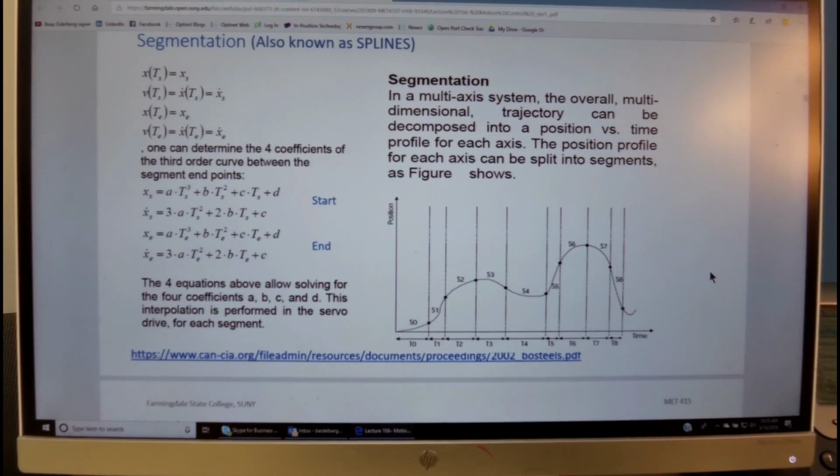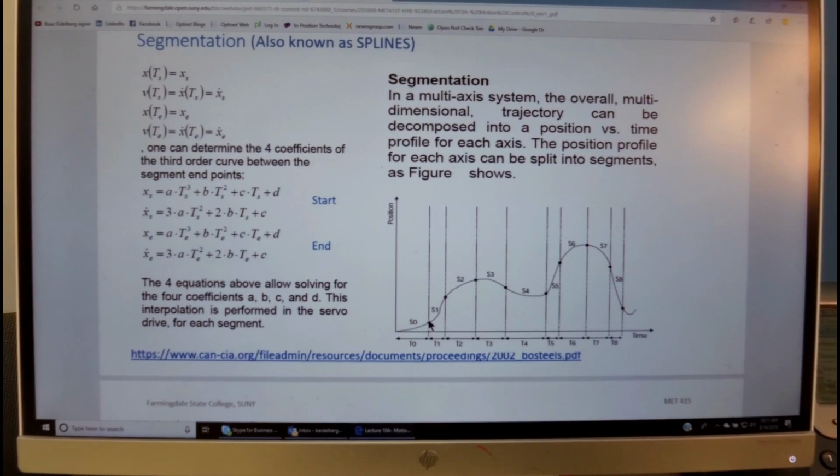The more complex way of segmenting the positions between each one of these targets is to use the so-called spline function. For each one of these segments, each one of them may be of a certain type. We see here different lengths, could be a millisecond, 2 milliseconds.